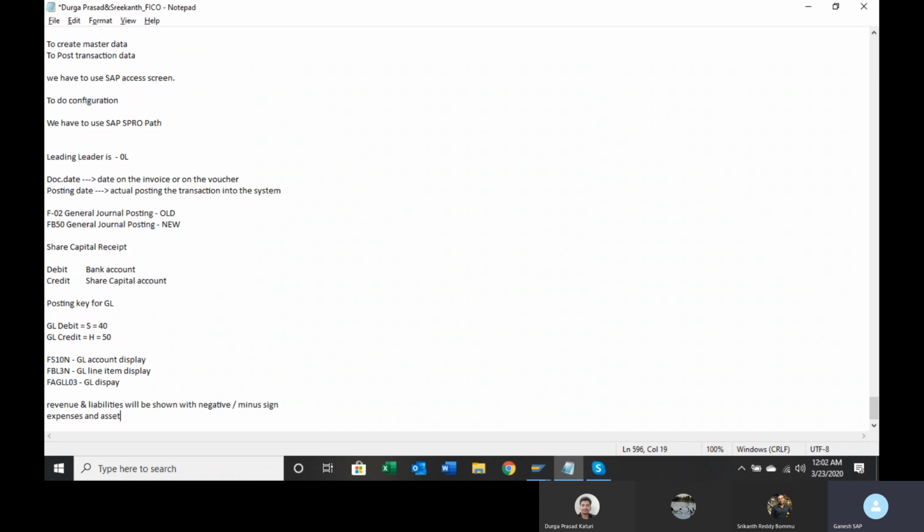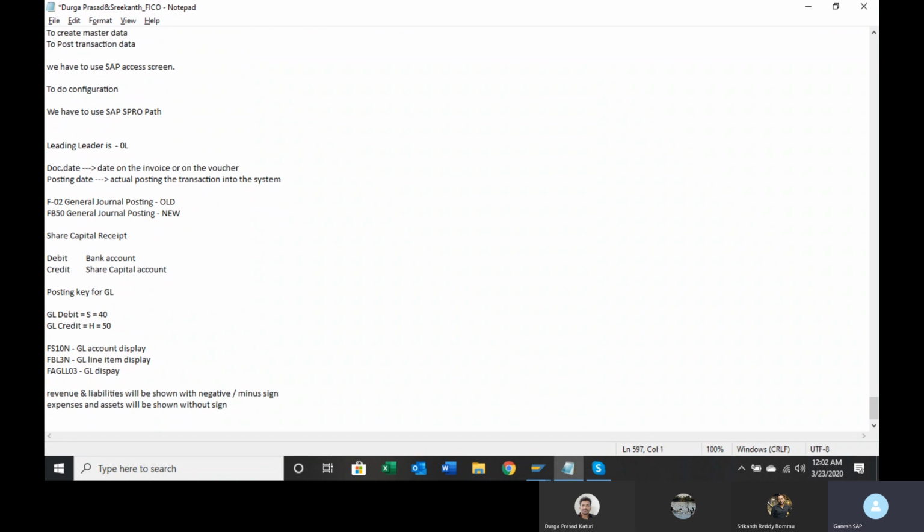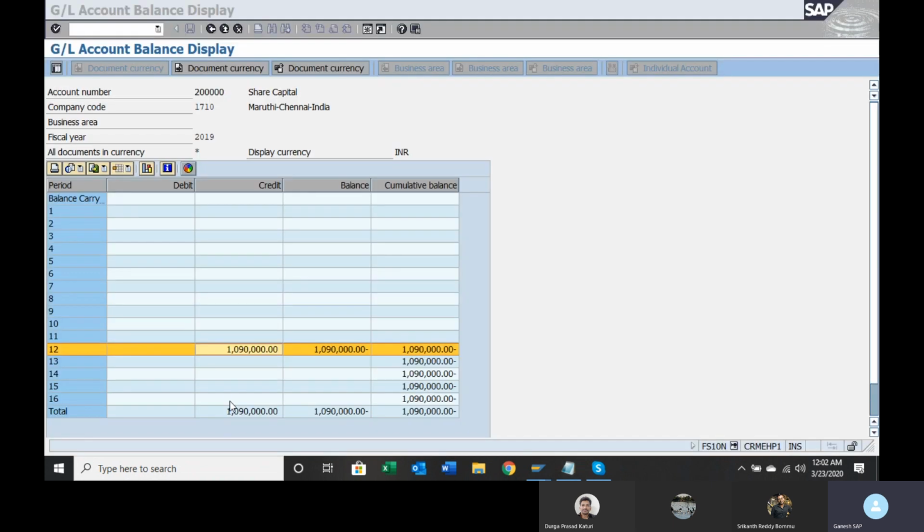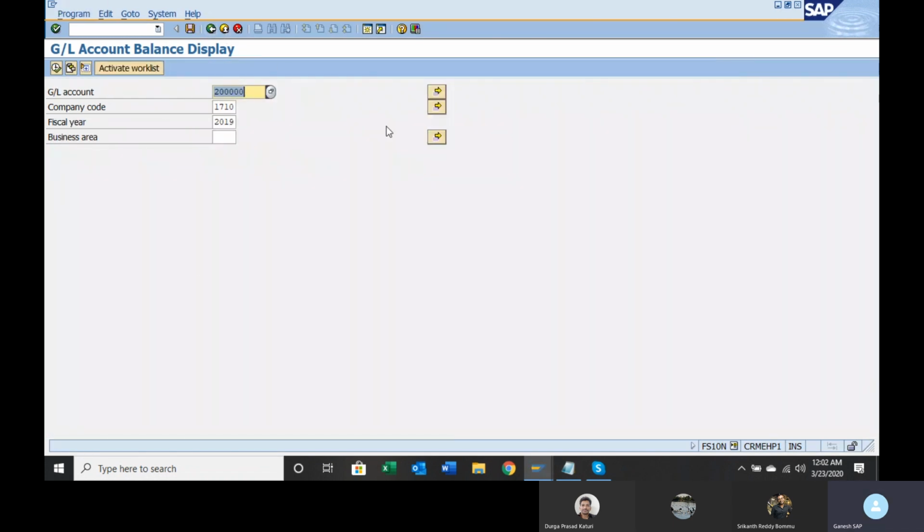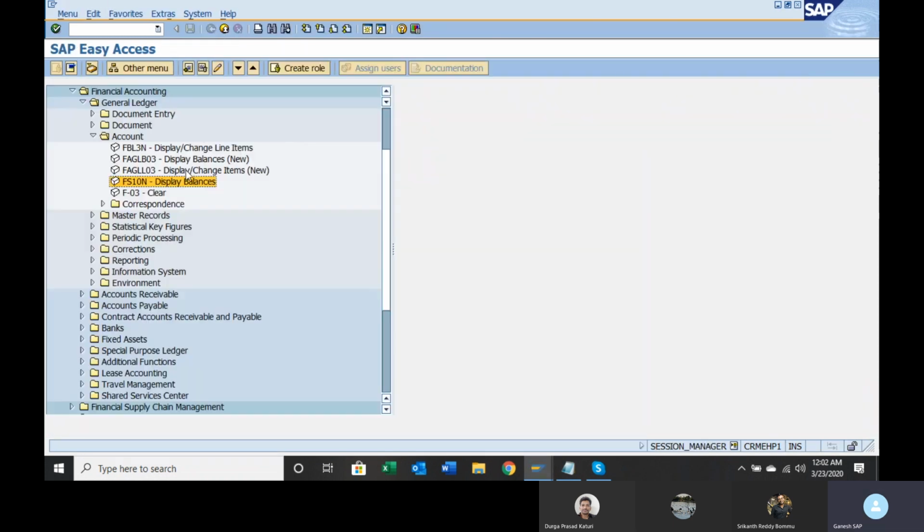Expenses and assets will be shown with positive, in the sense there won't be any sign. Or you can say without symbol will be shown without sign. So that means it is a positive sign. So these are the reports available.